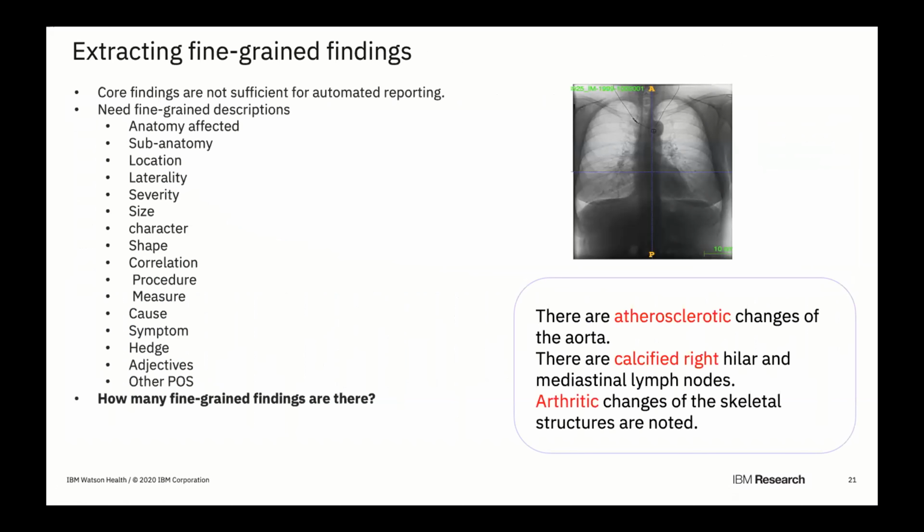So the next step was to not only describe the core findings, which we were able to do using the chest X-ray lexicon we had developed, by looking at the variants of the spoken phrases and recognizing synonyms and so on. But if you now want to group these findings with descriptions that describe the locality, laterality, and so on, then we need to go through a deeper language analysis. In this particular case, the highlighted phrases are things that we would want to extract and associate with the finding.